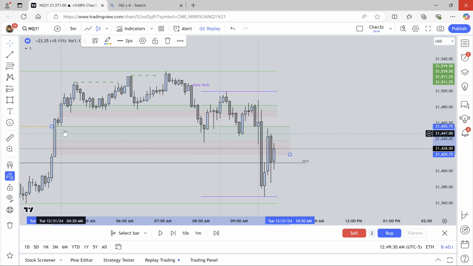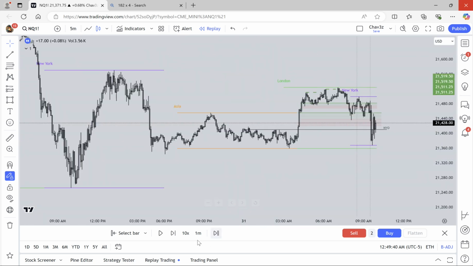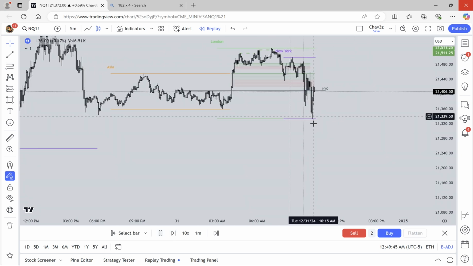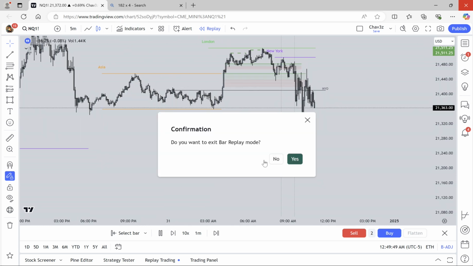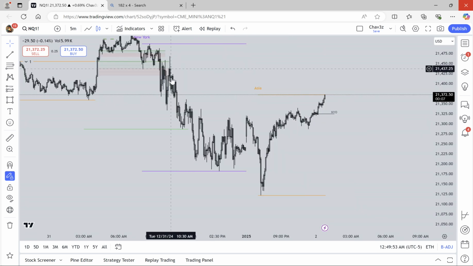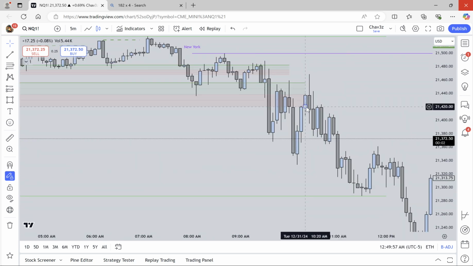These two PD arrays right here held up price, but once we broke and tapped into one, and then we finally traded underneath the other, traded what? Back into the range. Then we didn't dump, but we started dropping and dropping and dropping. Throughout the whole day, we ended up just dropping. But look at the final respect on the very last attempt to go higher.